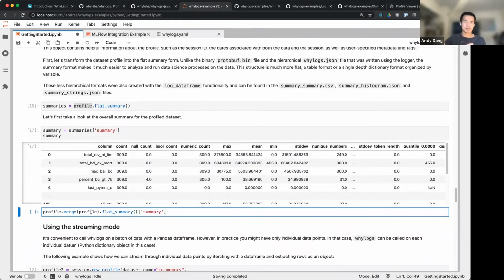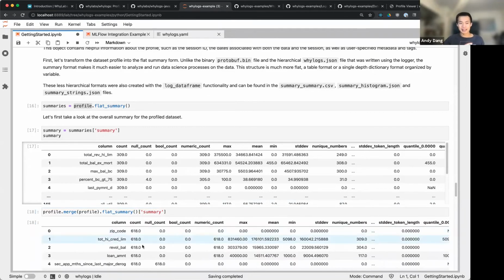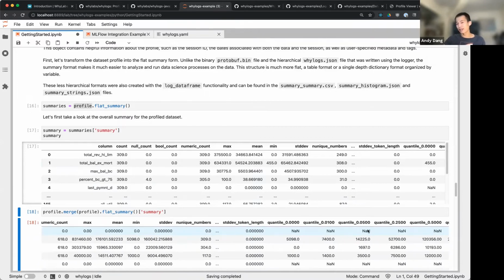What I'm doing here is just merging two profiles. Say somehow I get profiles from two sources and I want to add them together. Then what you get is double the count. But well, in this case, the min and the max will be the same, but we also do things like